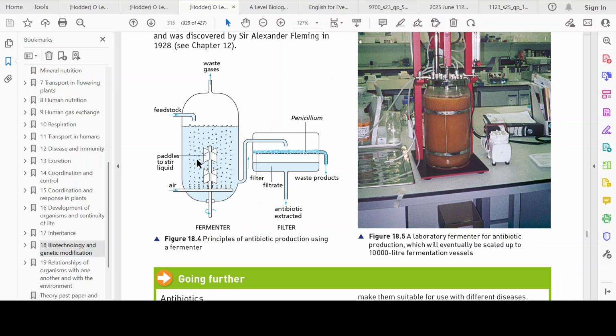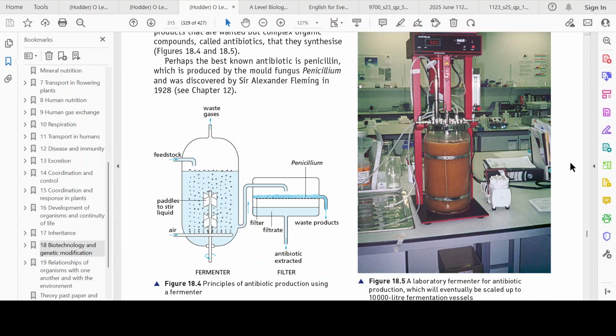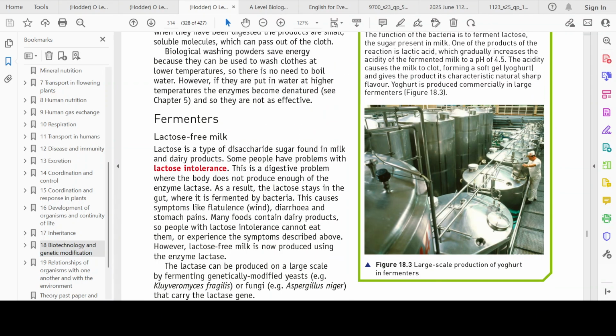And then whatever they're producing is taken and filtered, right? And the waste products are removed, dark blue over here in the pipe. And the filtrate is what contains the antibiotic in this case, or could be enzyme or mycoprotein, depends. And then it's extracted and crystallized and processed, however, right? So this is the industrial fermenter. This is a smaller scale laboratory fermenter in the picture over here, right? And these are large scale,